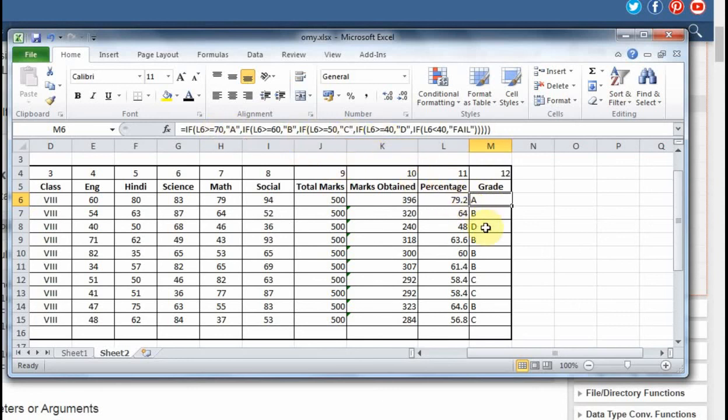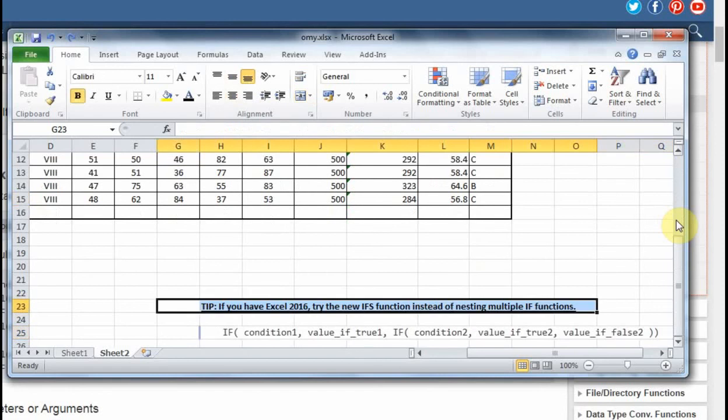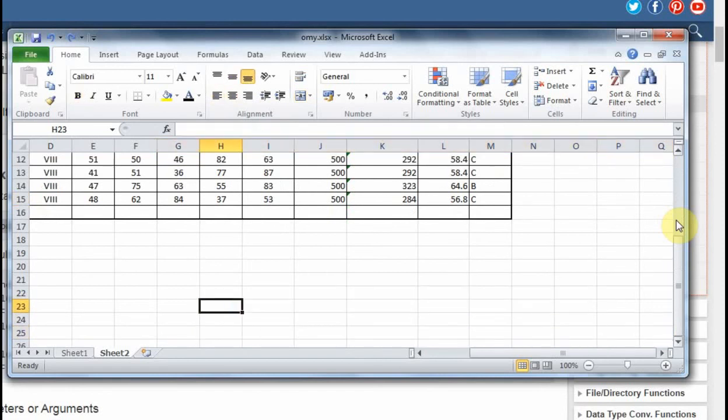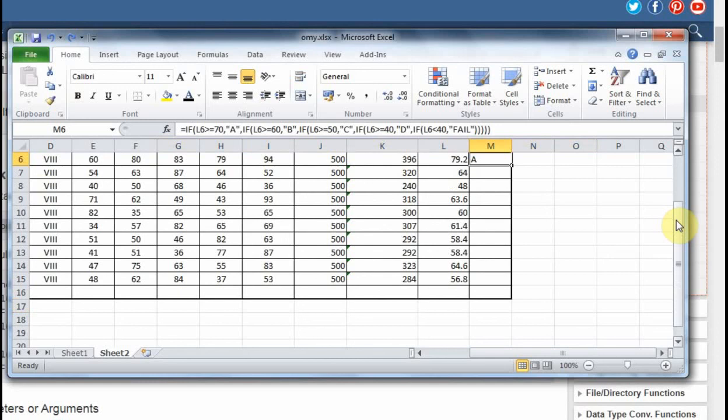Okay, let it be, I'll do it again. Undo with Control Z. So we remove all this formula, so we can start now.